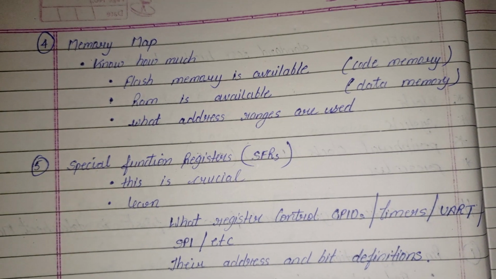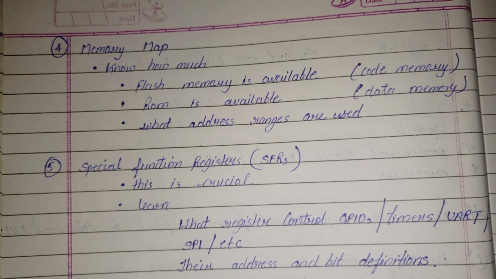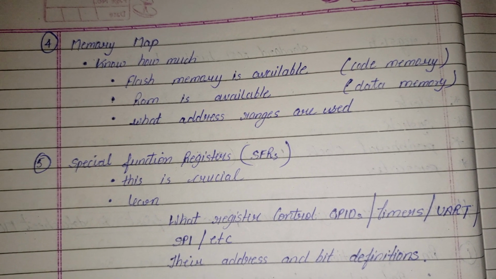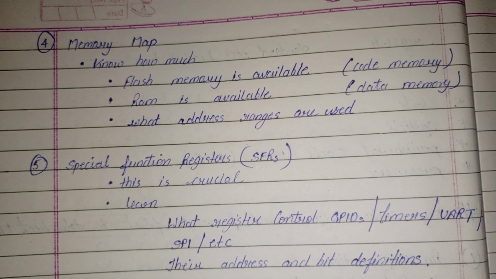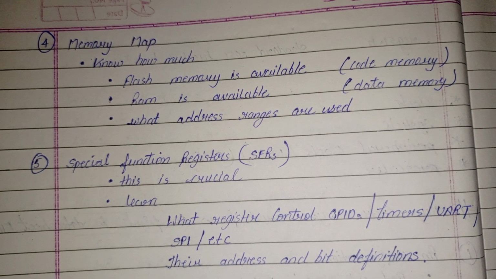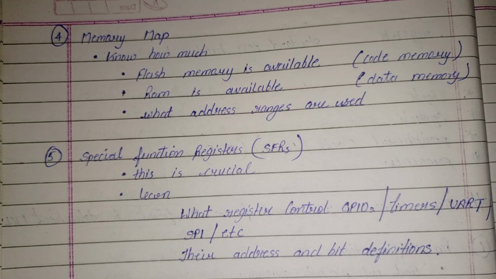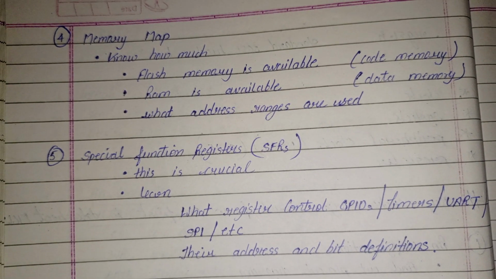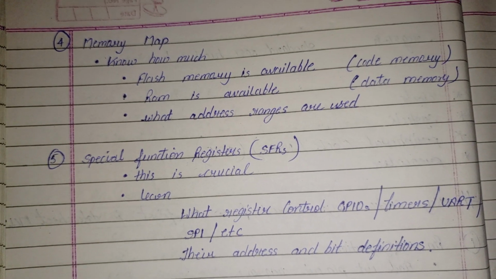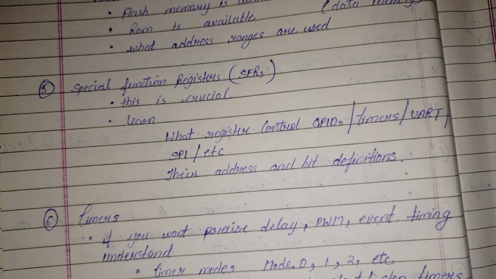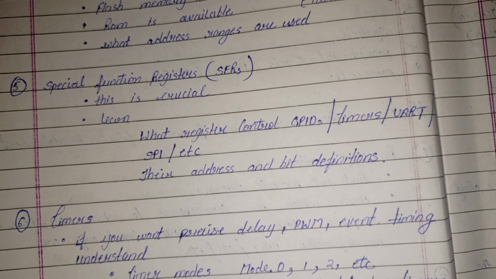Memory map: know how much flash memory is available in that particular MCU, like code memory. How much RAM is available, which is basically the data memory. Which address range you are using, like from which address to which address. You can see these things in the memory map. SFR, this is crucial. Learn what registers control GPIO, like